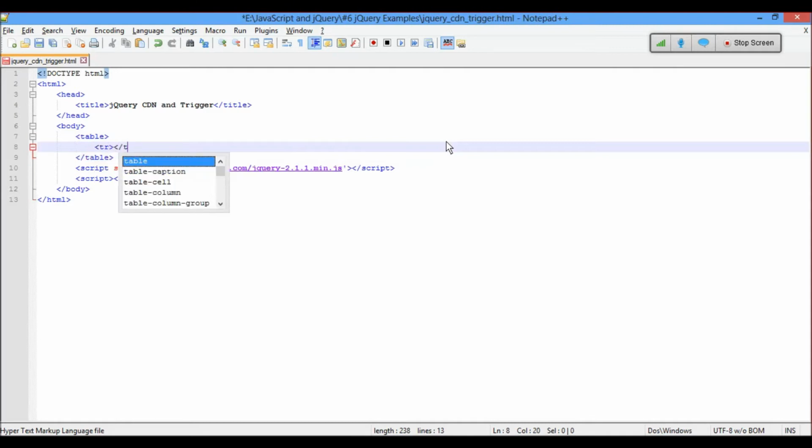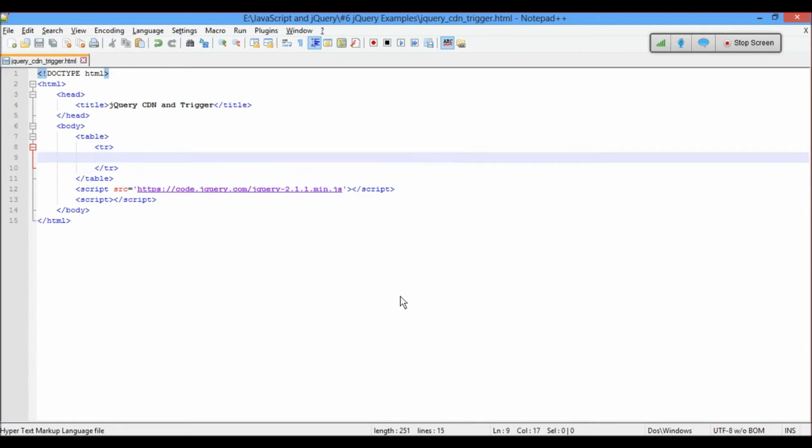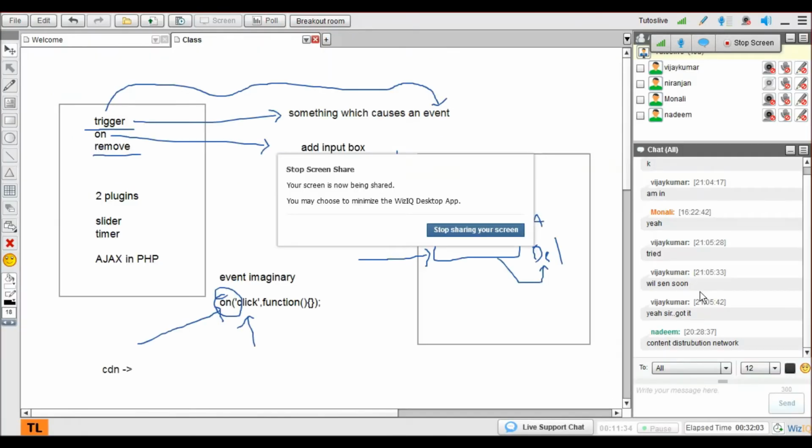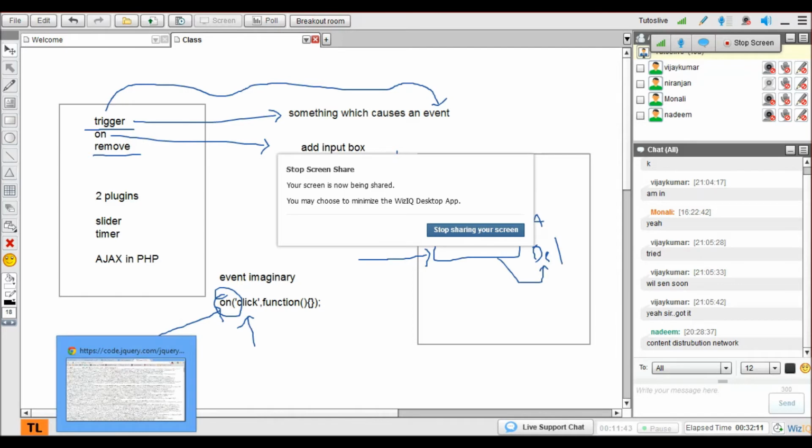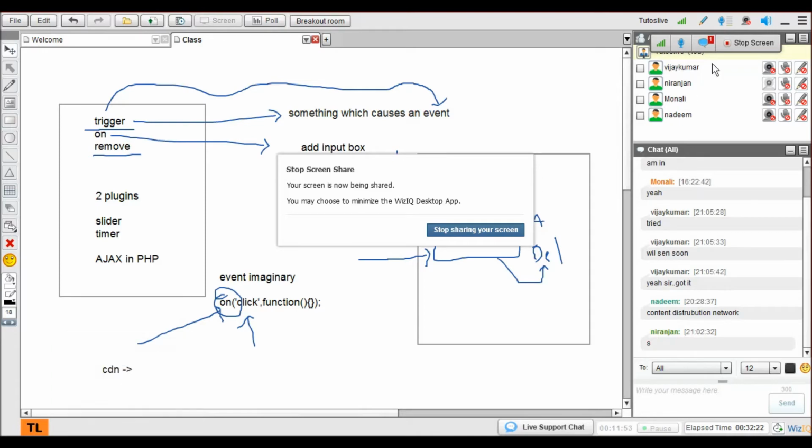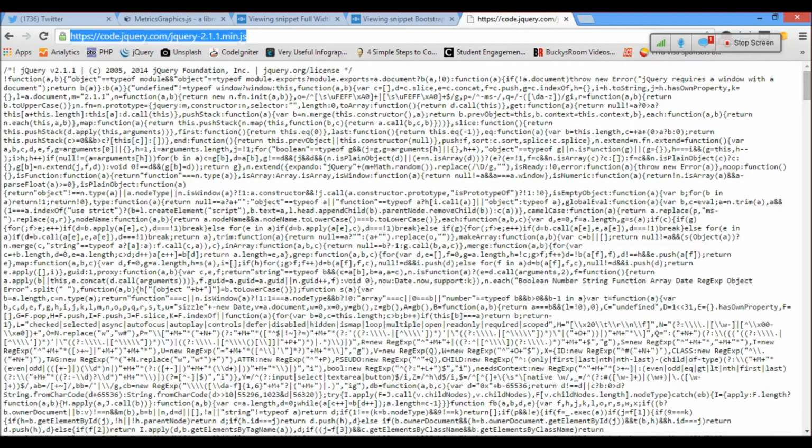TR, you guys can see my screen, no problem, right? Yeah, no problem, right? Hello, you guys here? Yes or no? Okay, you guys can see the screen. Right,